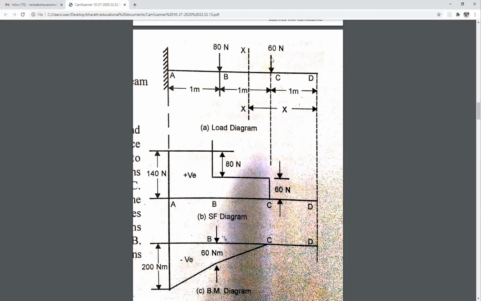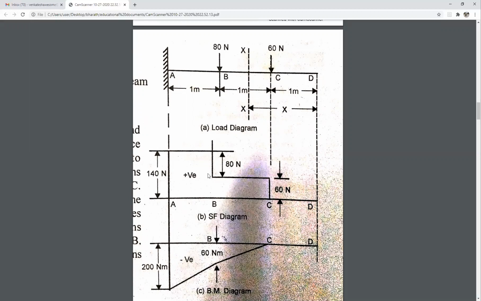At the point B, 18 newtons. At the point C, 60 newtons will be there. So while we construct the SFD and BMD also, this is the baseline here. First of all, draw the baseline and extend the positive side. From D to C, we don't have any loads. That's the reason the SFD will be 0. At the point C, 60 newtons will be there, so the SFD starts at the point C only. From C, we have 60 newtons. This is the magnitude. From here to here, there is no point load in between these two points.